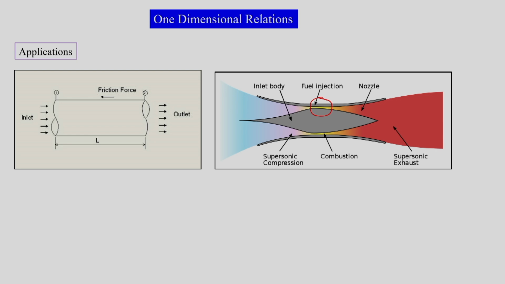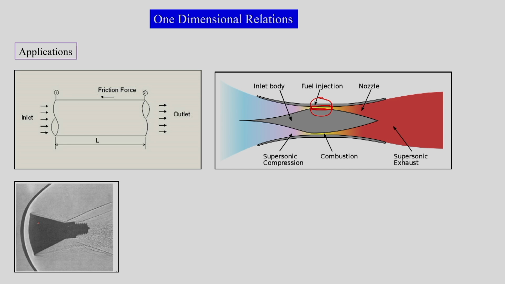Then in some engines we have the flow through the engine where we have compressed gas or air in the combustion chamber, where heat addition takes place. Here the variation of the area is not dominant, and there is a chemical reaction which leads to heat addition to the compressible flow. So we are going to consider the effect of heat addition on compressible one dimensional flows, to get the outlet conditions in such a domain.